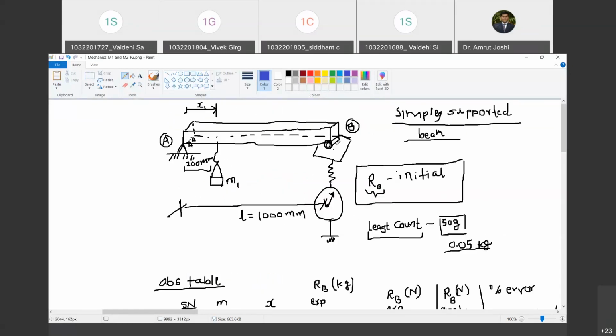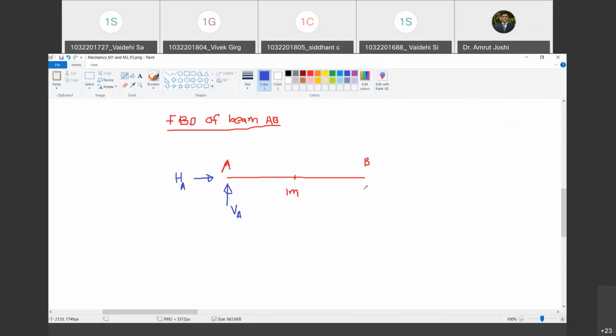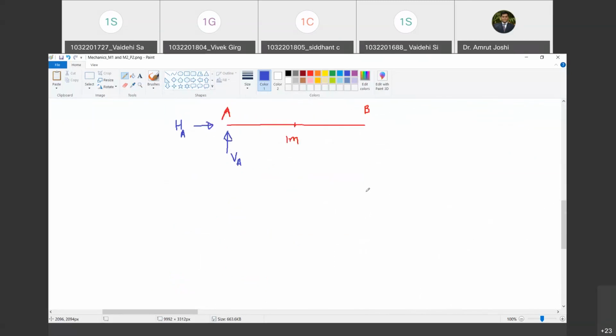Now at B, there is a roller support. Is it external to the beam? Yes, sir. So I have freed the body from roller support. I have not shown roller support here, but I have to show what the roller support can do. Do you agree with me? Yes, sir. And how many reactions can a roller support offer? It can offer only one force reaction. In this case, it is going to be upward. So I am showing that reaction. Are you with me? Yes, sir.